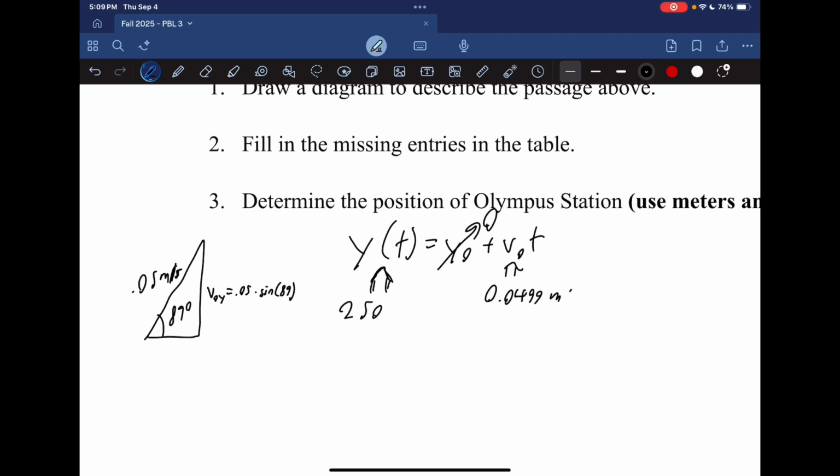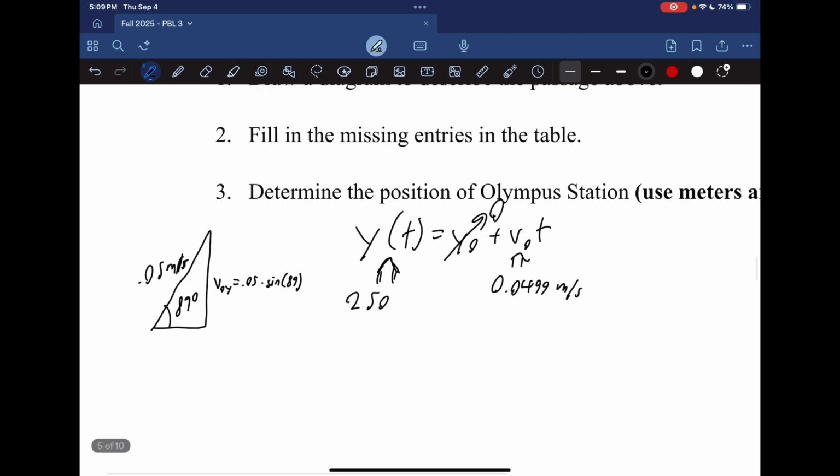0.0499 meters per second, which makes a lot of sense because this is an 89-degree angle, and so we have very, very little velocity in the x direction here. Almost all of it is in the y direction. But we can still use this now to solve for y of t. So we have 250 equals 0.0499 times time. So we can rearrange this, divide 250 by 0.0499